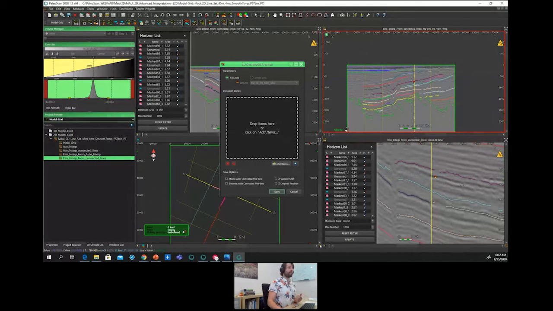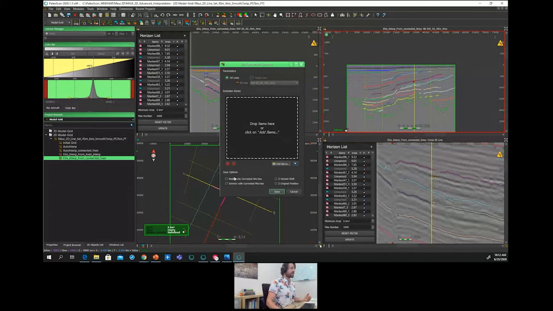The model can be created for the entire 2D line set or for exclusively one single line. So depending on the way you want to carry on your work, you can choose both of them.